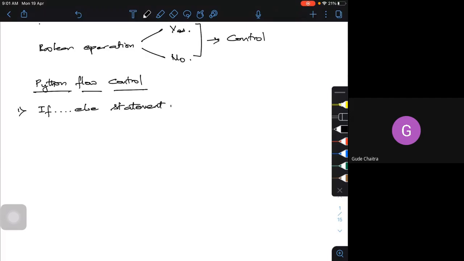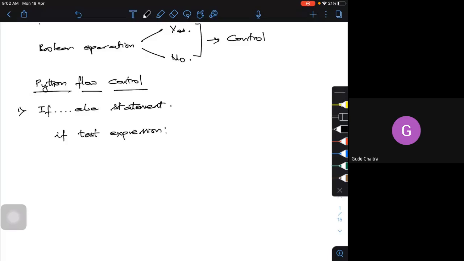When I speak of the if-else statement, what it does is check for a particular condition. This is how the syntax is. I'm going to test the expression with a colon at the end. Look at this. If I use an if statement, at the end I have to use a colon.